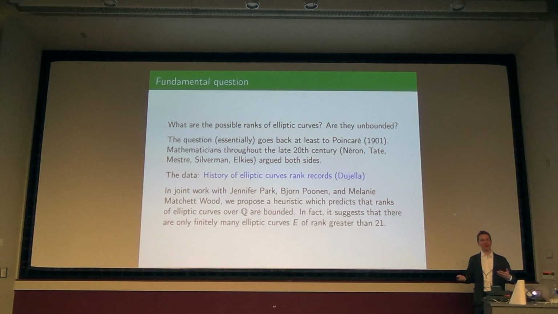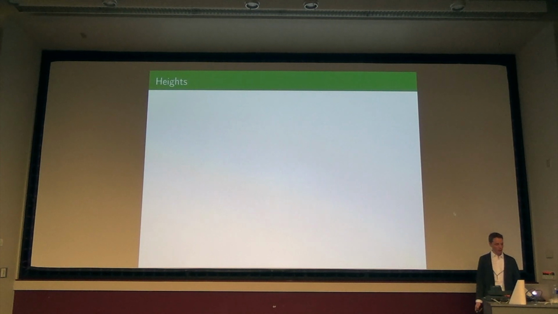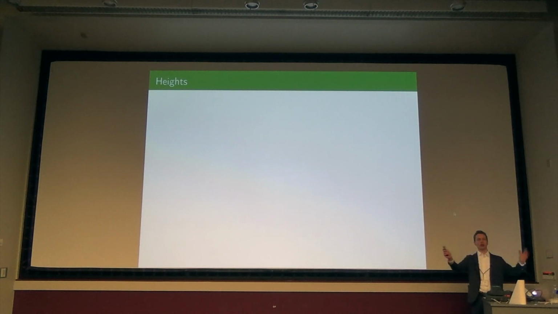And maybe I want to try to convince you of that, but I hope you at least appreciate the context of the question. Okay, so I would like to make it precise right away by saying what I mean about expectations and so on. What I'd like to do is to carve out a set of elliptic curves that's finite, ask that finite set what's your rank, and get a distribution, and then let that finite set go to infinity. So that will give me a probability distribution on the set of elliptic curves.